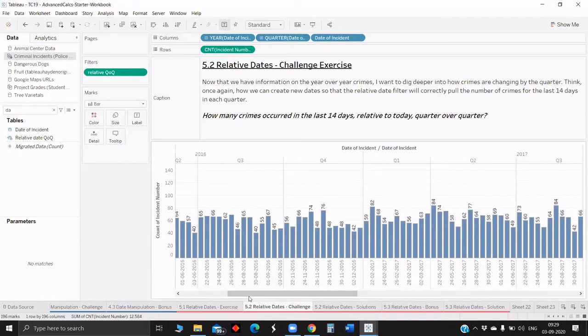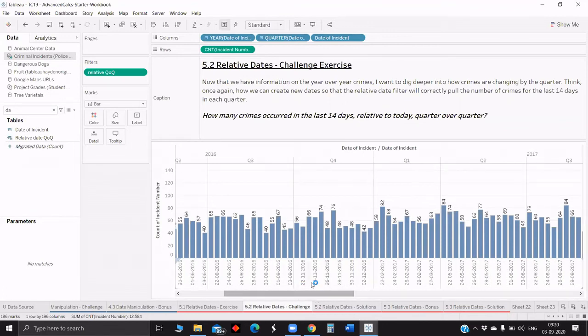For example, in quarter 2, from April, May, June, it's showing 3rd of June. So based on each quarter's last month, it will show relative to today. So you can see the last month of each quarter, with the 3rd showing in all the quarters. And from the 3rd, 14 days, whatever the trend is, we are showing here.